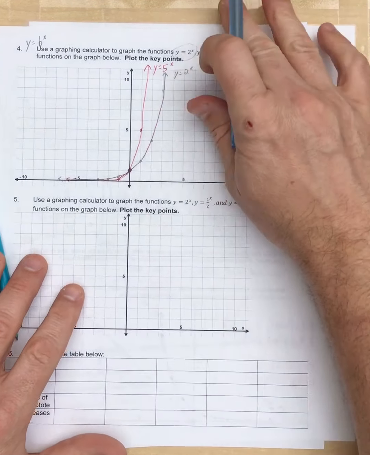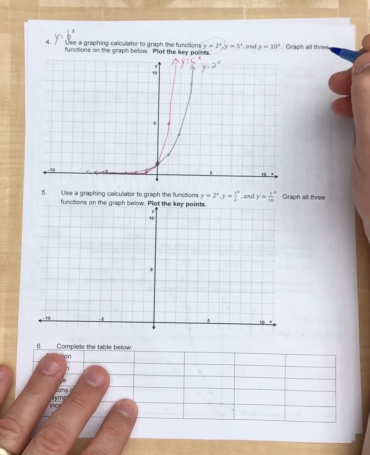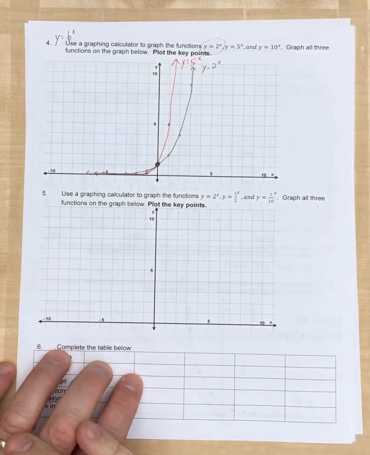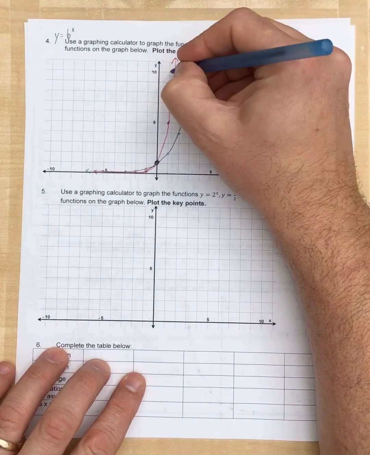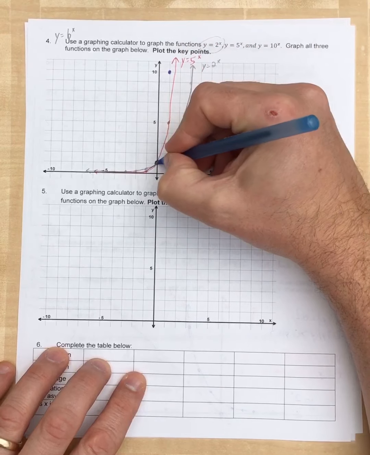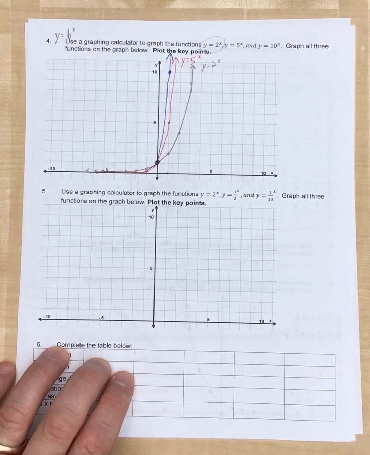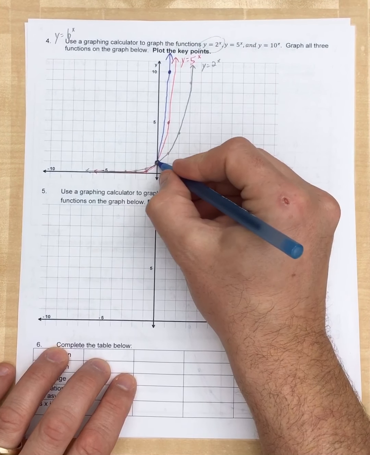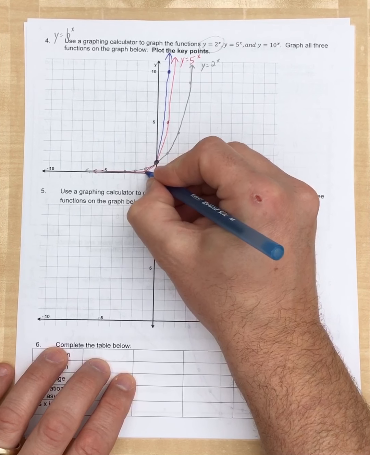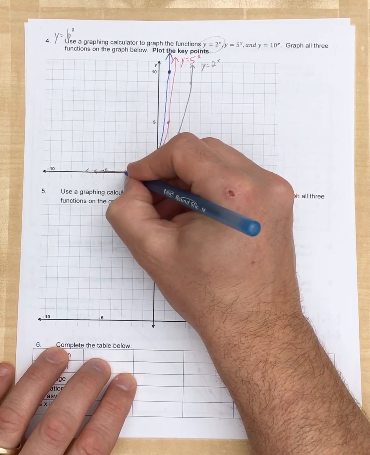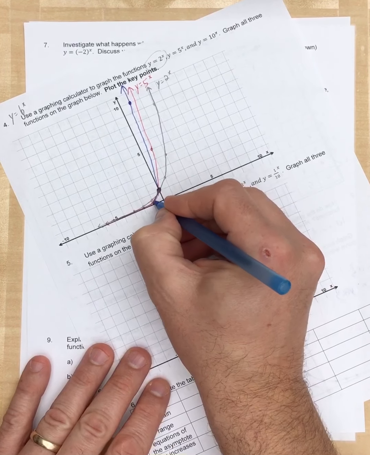So you can only imagine what's going to happen when I do y is equal to 10 to the x. Again, when I put it at 0, it's going to be 1. That's an invariant point. When I put in 1, 10 to the 1 is 10. So it's going to take off like that and really increase. Also, if I put 10 to the negative one, it's going to be 1 over 10, which is 0.1. And then 1 over 100 and 1 over 1,000, and it might as well be at 0. It's so darn close